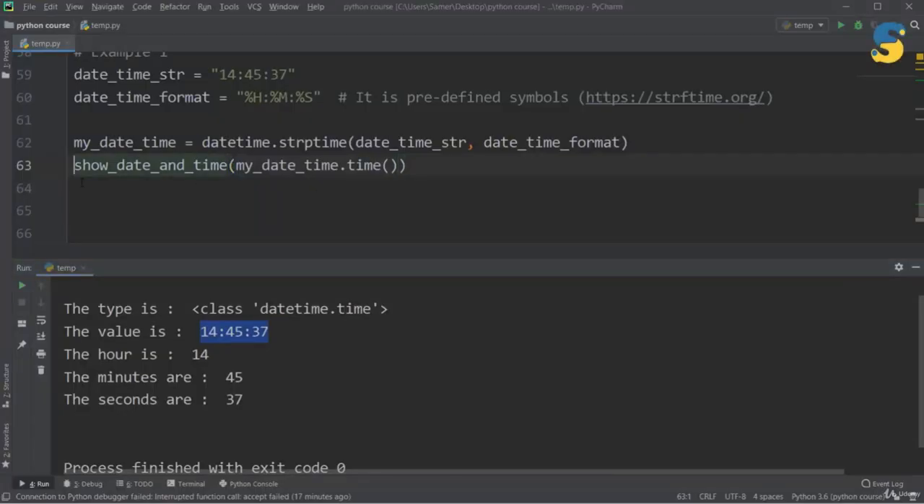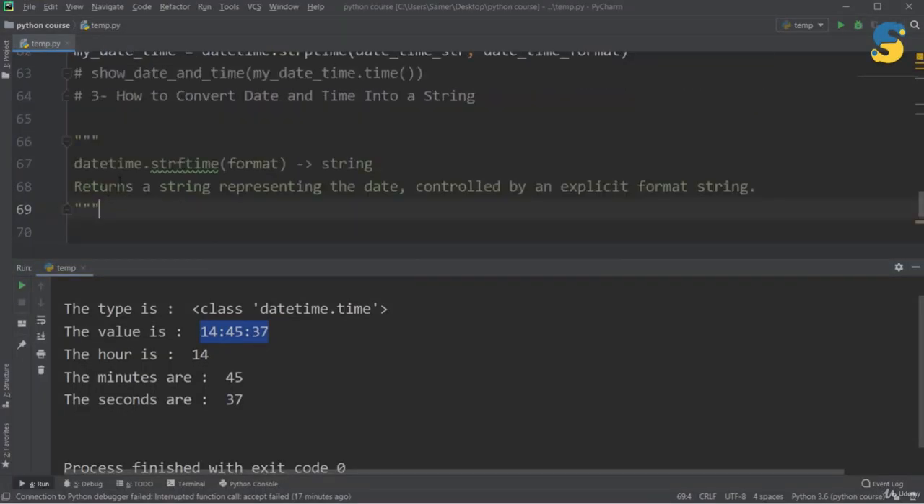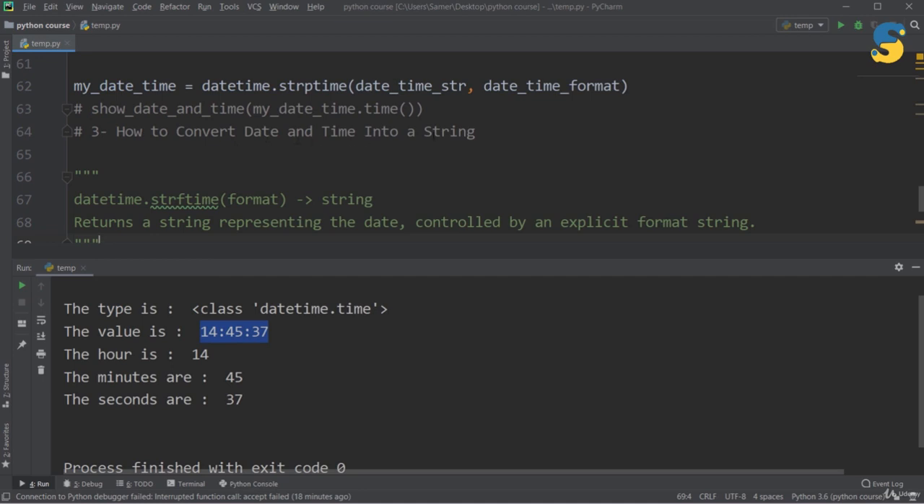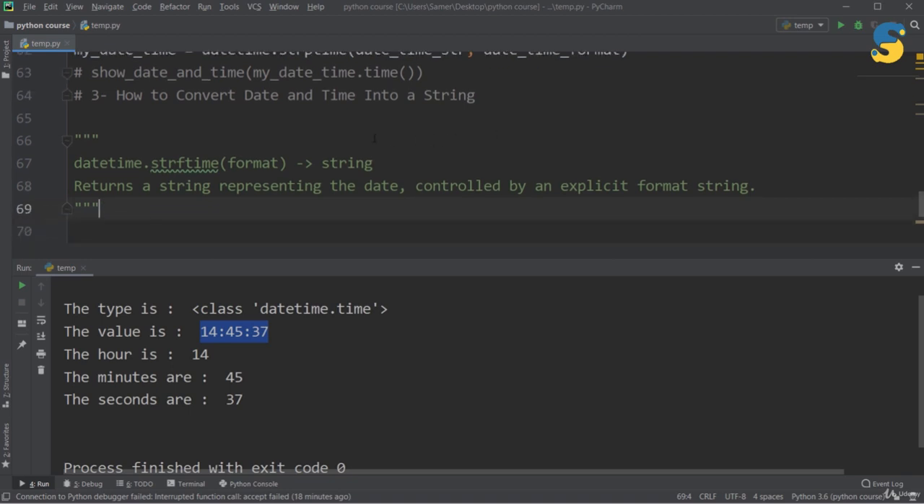Now let's talk about the opposite idea, which means how we can convert date and time into a string. Which means I have a standard object of datetime and I want to convert this object of datetime into a string. Usually we need something like this. For example, if I want to write some log messages inside a file and I want to specify the date and time of each message. In this case, you have to convert this datetime object into a string and then you will write this string